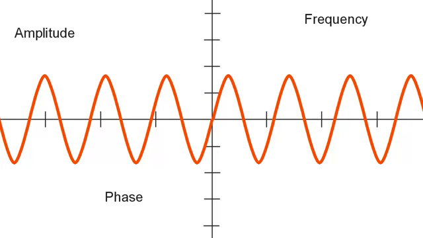We can vary the amplitude or signal strength of the wave. We can vary the frequency, or the number of cycles per second in the wave. We can vary the phase, or the positions in time that the wave crosses the time axis. That's a little bit more sophisticated concept to describe in words, but I'm actually going to show you with pictures